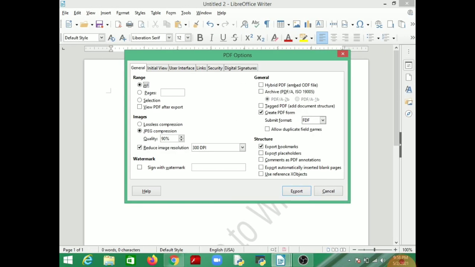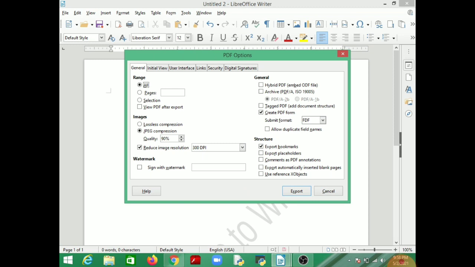Okay, so in this way it opens the PDF Options window, where you can select different settings. In general, the range, how much you want to change into PDF, images, and whether you want a watermark or not. You can set to sign with watermark.